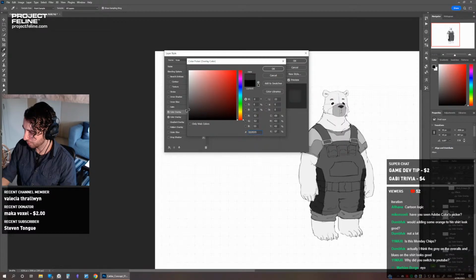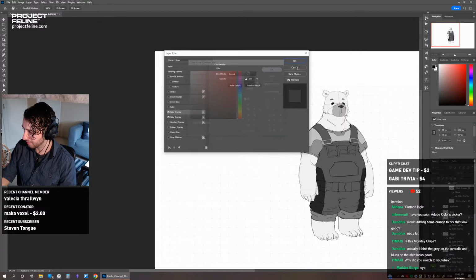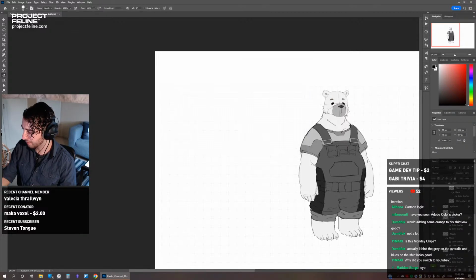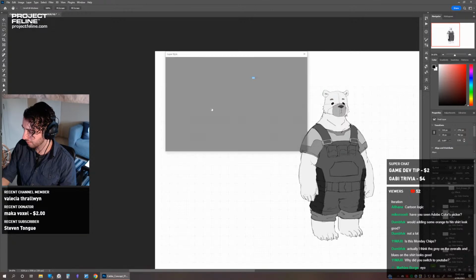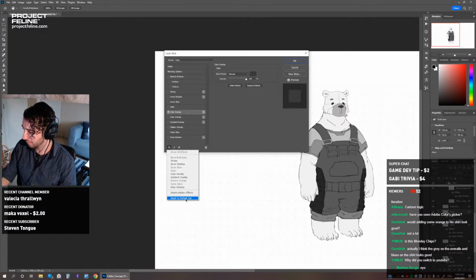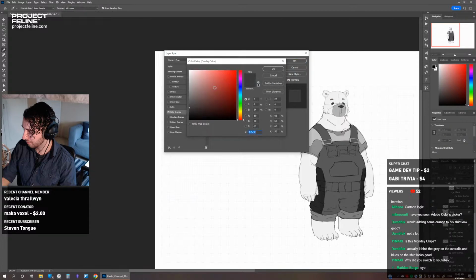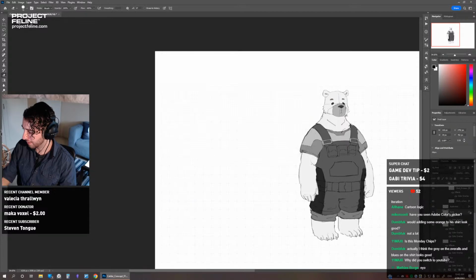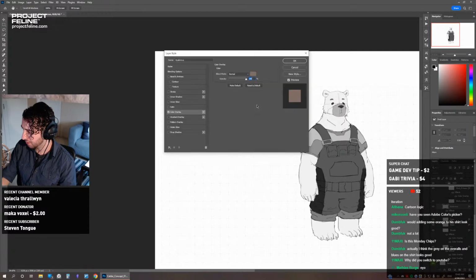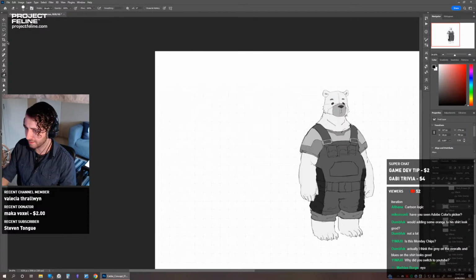And for his nose, that was full black, and you never want to go full black. So we'll make it like that color. We'll make the eyes and nose kind of the same. And the eyebrows, I guess, can I merge that? Hold on.